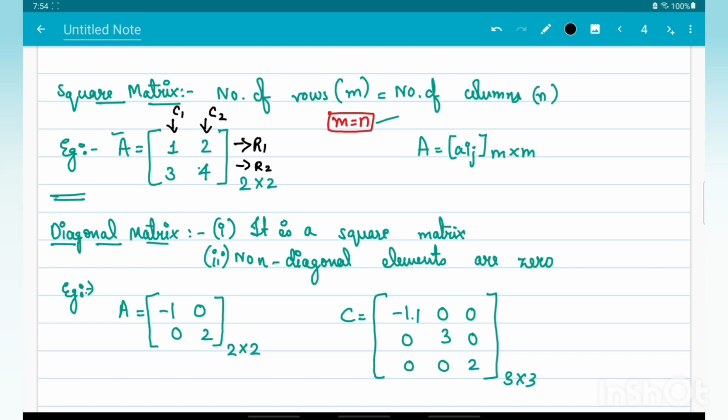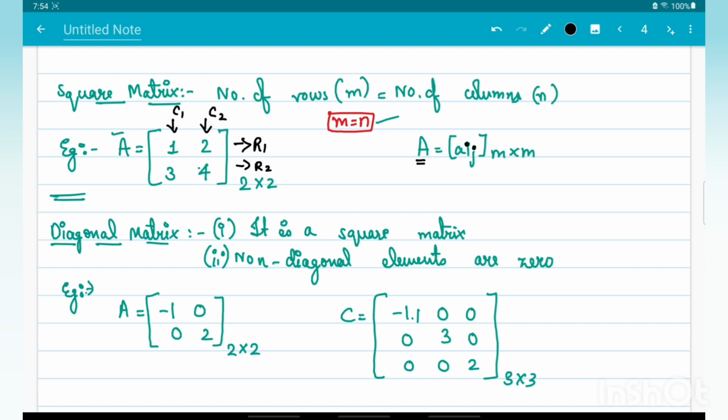Now if you want to write this square matrix in general form, suppose I've taken matrix A. A is equal to Aij, which is the name of the matrix. I put it in square brackets because that is how you put the elements of the matrix in. When it comes to writing the order of the matrix, I write it as m by n, because here the number of rows is equal to the number of columns, m is equal to n. So in place of n also I have written m, so you can write it as A is equal to Aij, m by m. Sometimes you also say that A is a square matrix of order n. So that is what a square matrix is.